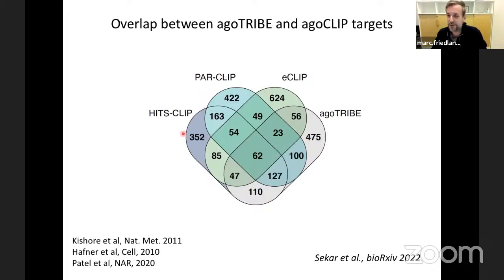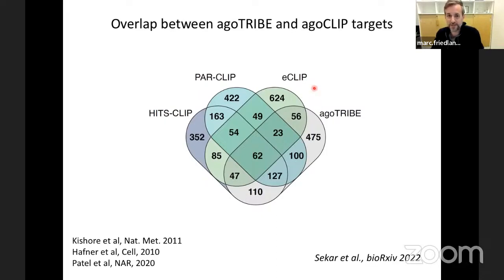And in this case, if we do a kind of Pepsi test, so imagine that you can't see the labels, and you'd have to guess which one of these is the non-CLIP method, you would actually think it would be this one because it has the most unique targets. But in fact, this is eCLIP. So in a sense, agoTRIBE is more like a CLIP method, like the other CLIP methods, than eCLIP is in